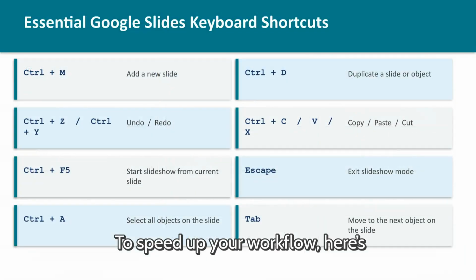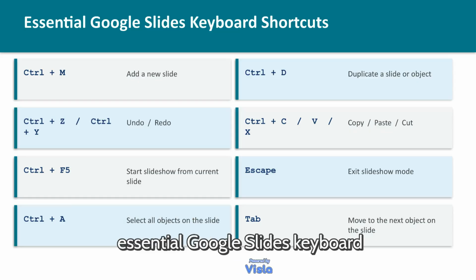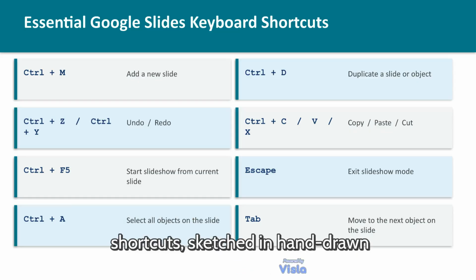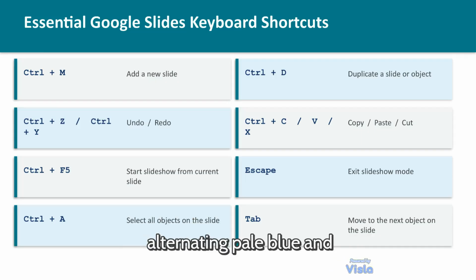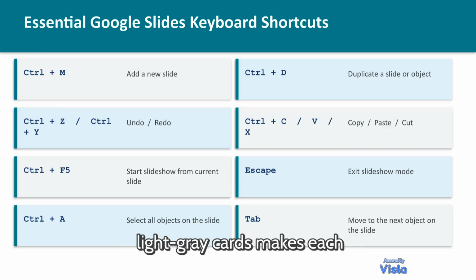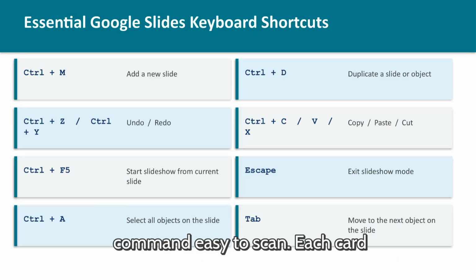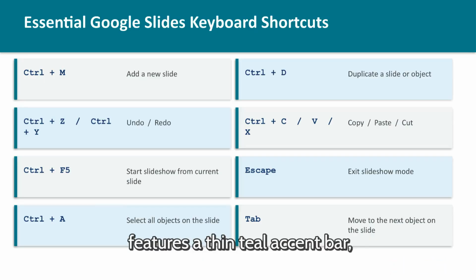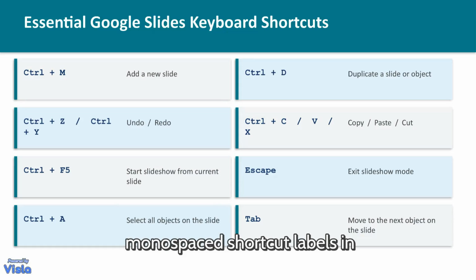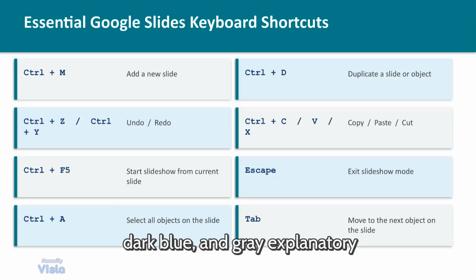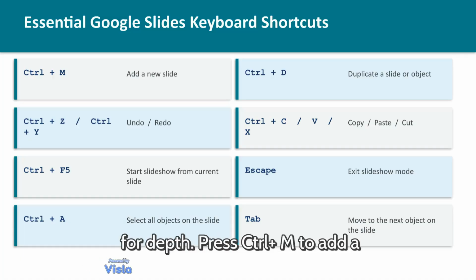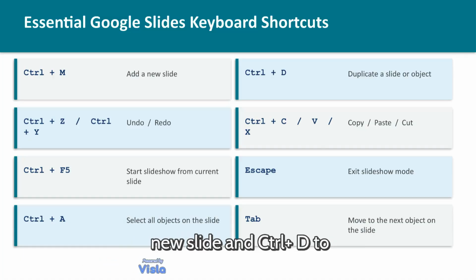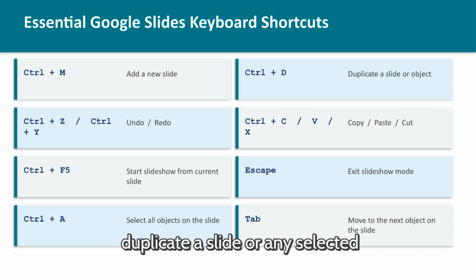To speed up your workflow, here's a quick reference infographic of essential Google Slides keyboard shortcuts sketched in hand-drawn style. The 2-column grid, with alternating pale blue and light gray cards, makes each command easy to scan. Each card features a thin teal accent bar, monospaced shortcut labels in dark blue and gray explanatory text, with subtle drop shadows for depth. Press Ctrl-M to add a new slide, and Ctrl-D to duplicate a slide or any selected